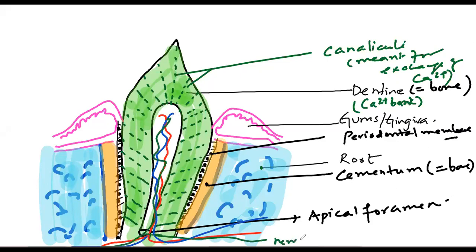So the green one is nerves, the red one is artery, and the blue one is vein. So these are branches. They are basically responsible for providing nourishment, and it will be there in a what? Connective tissue matrix. So the matrix is called connective tissue. So this is called the living part of the tooth. Now, in that tooth, you have different types of cells. So the first cell is called